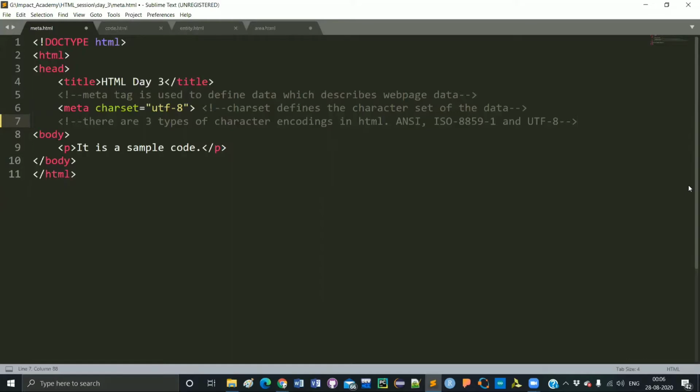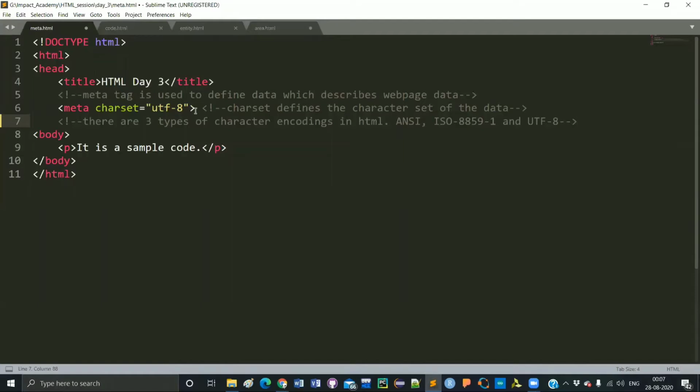The first value is ANSI, which stands for American National Standards Institute. The other two values are ISO 8859-1 and UTF-8. These are all different text formats, and these are the three character encodings available in HTML.